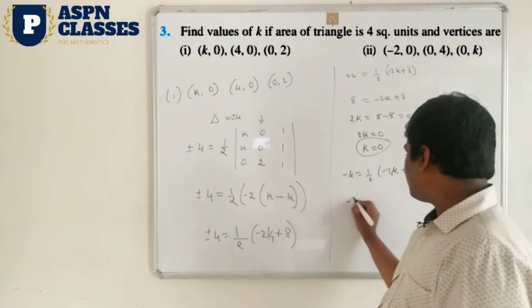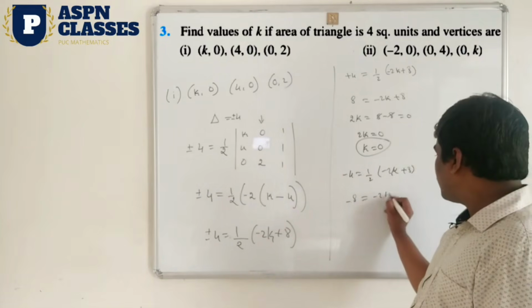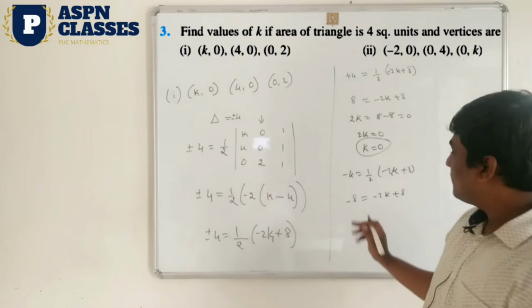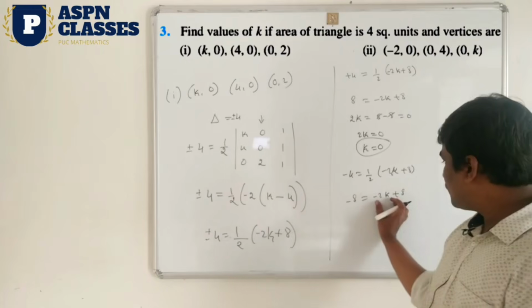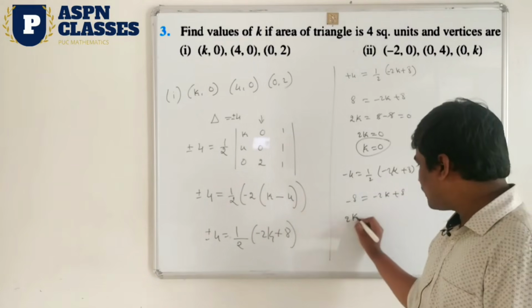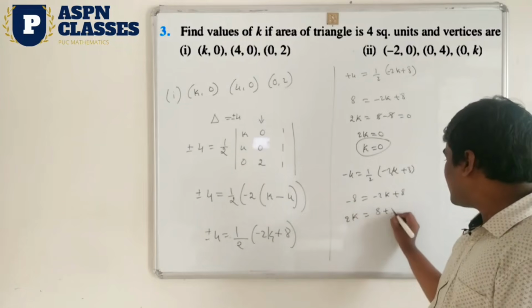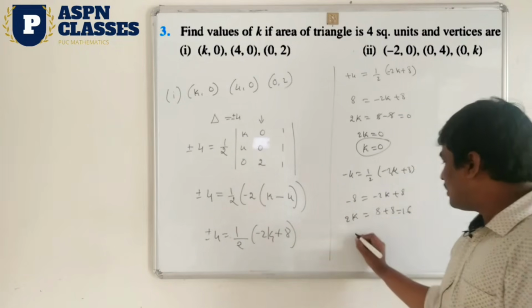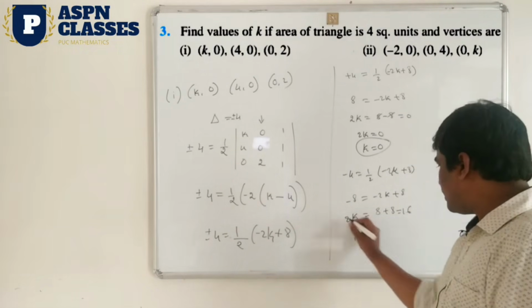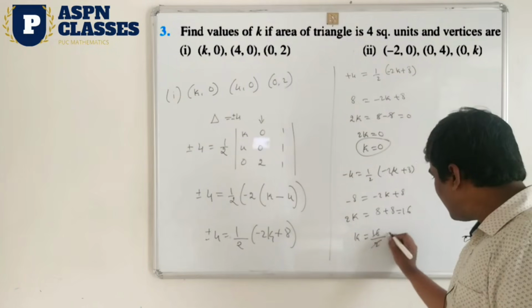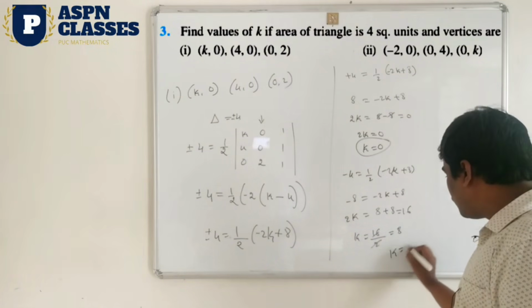So 2 again you shift it, means minus 8. So minus 2k plus 8. Okay. So now this result you have to shift this side, minus it will be plus 2k, and minus 2k minus 8 you shifted this side, means plus 8. 8 plus 8 is 16. Then k is equal to 16 by 2, also shifted here, 2. It means you get the answer is 8. So k is equal to 8.